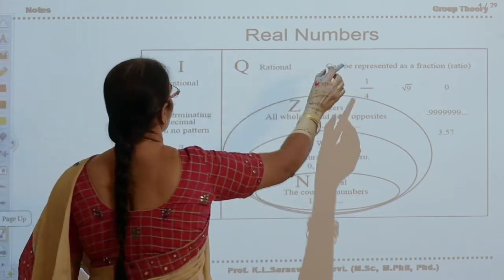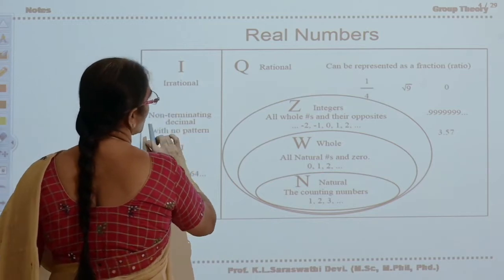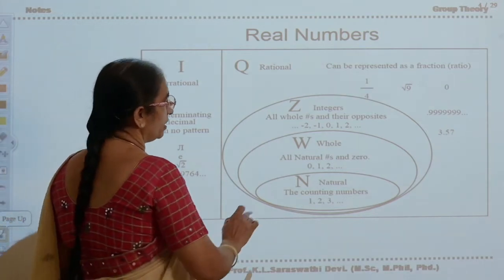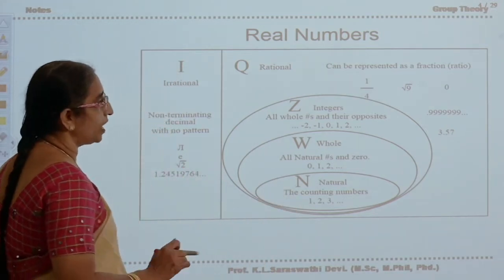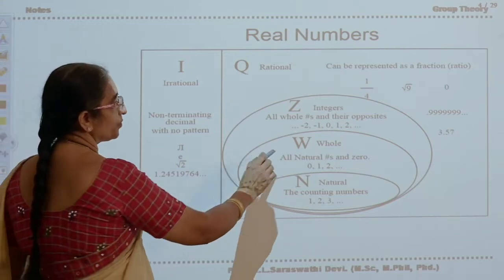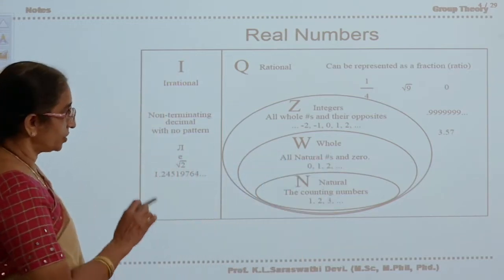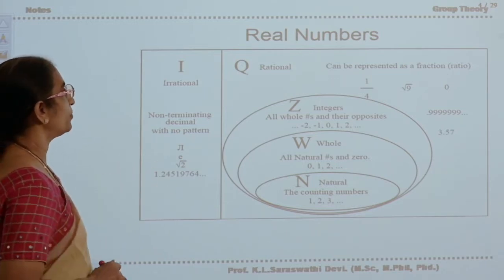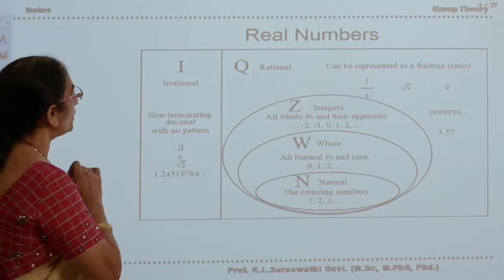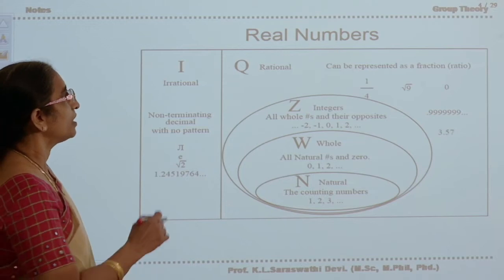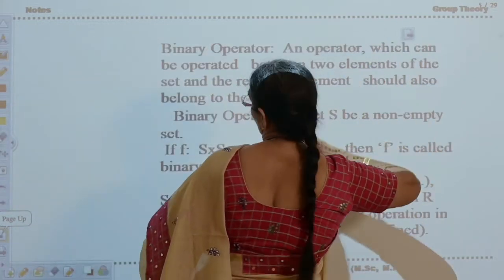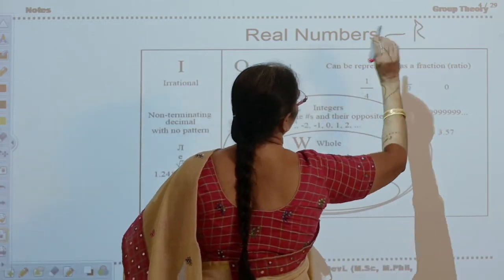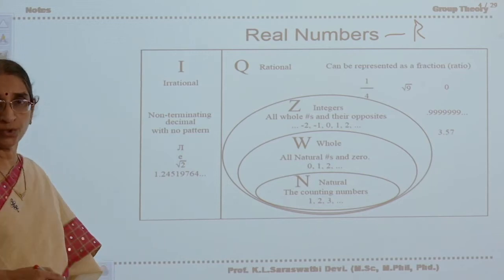Now, real numbers. Real numbers are again divided into irrational numbers and rational numbers. And in this, you have the notation: N will represent the set of all natural numbers, W will represent the set of whole numbers, and Z will represent the set of integers, positive and negative. Q will represent the set of rational numbers. I will represent the set of irrational numbers. Real numbers are represented by capital R. These are the notations we used in our high school.